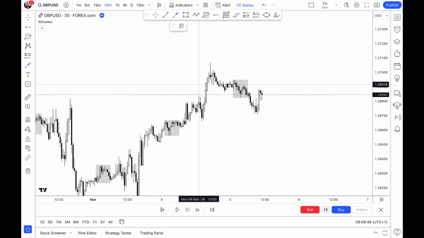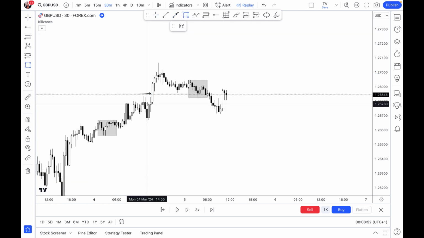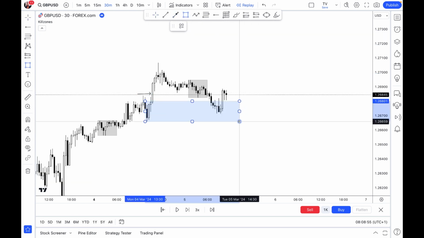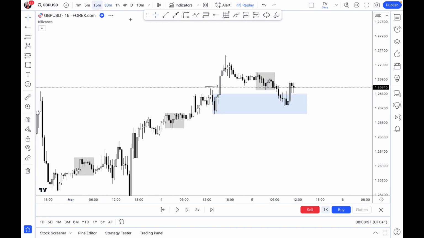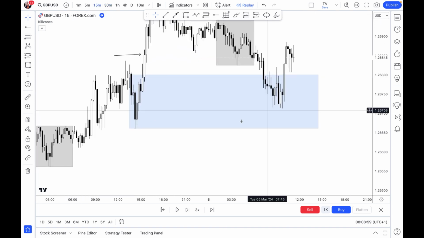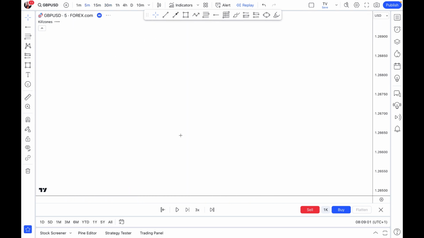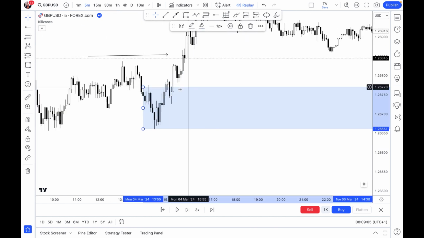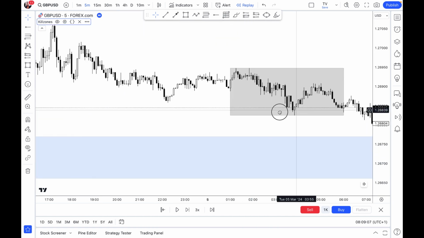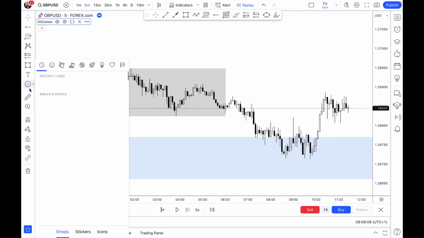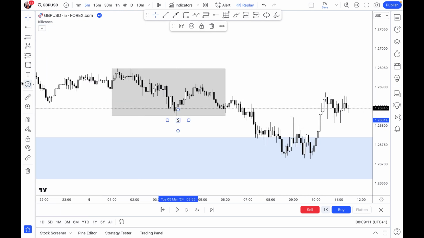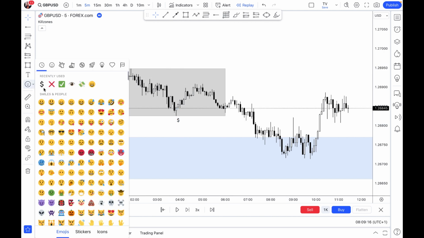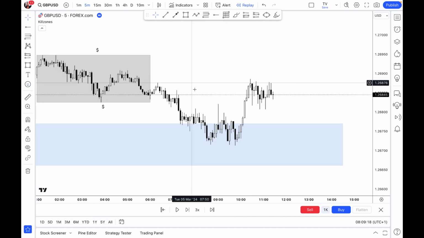On Tuesday now, we can see a break of structure at this level right here, and we can see this demand level right here as well. Jumping down to the 15 minute time frame, or even the 5 minute time frame, you can see that the market traded into this little imbalance that we have right here. The market took out the Asian range low, and we are now left with the Asian range high at this level right here.